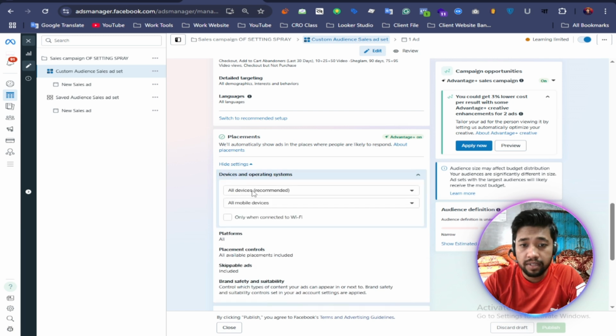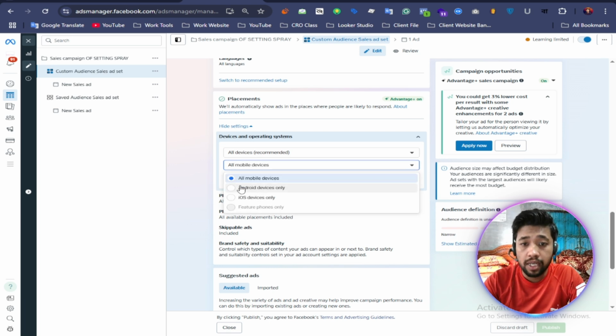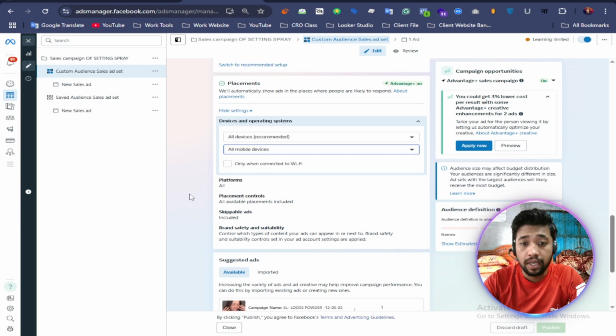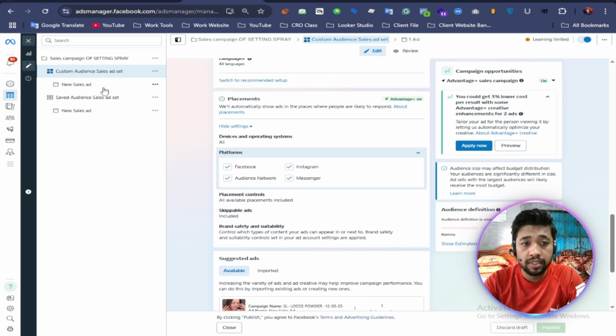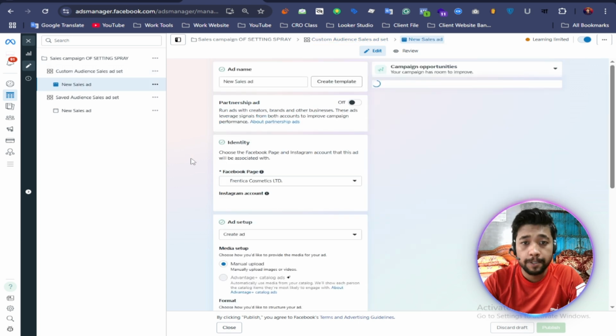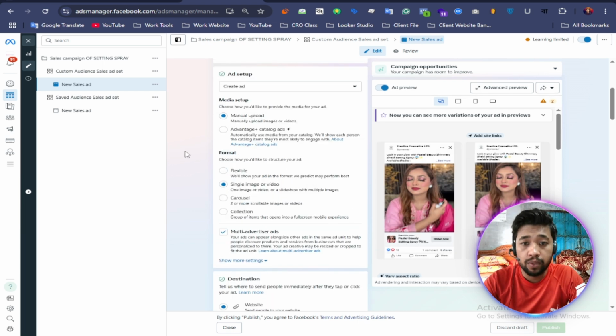We can select both mobile and desktop versions and all kinds of devices, not only Android and not only iOS. For placements, we use Facebook, Instagram, Audience Network, and Messenger, so all placements. Then we go to the ads section. We select our Facebook page and Instagram profile, and choose a single image or video.